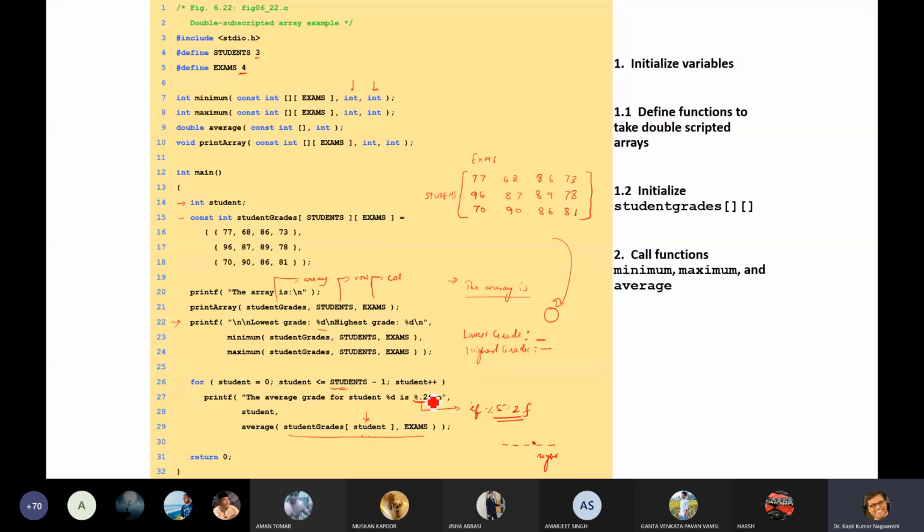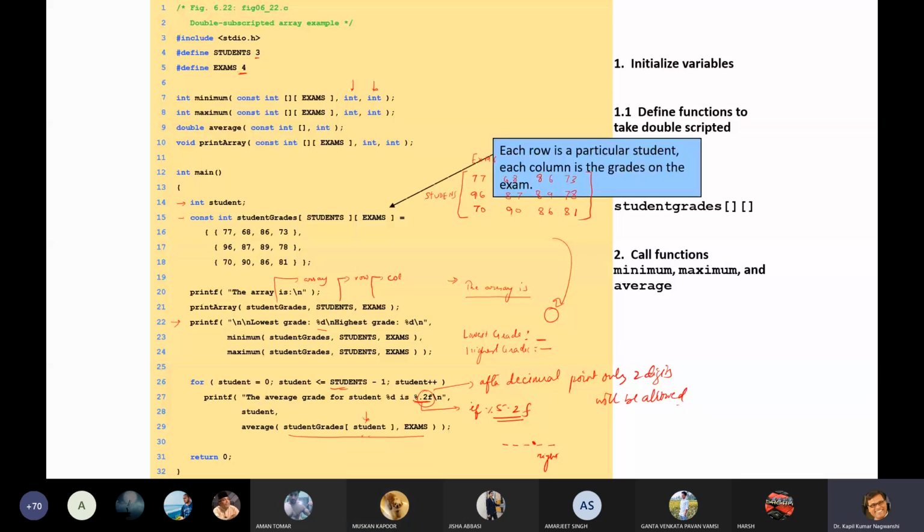Here it simply means that after decimal point only 2 digits will be allowed. Okay sir. Fine? Any other doubt?